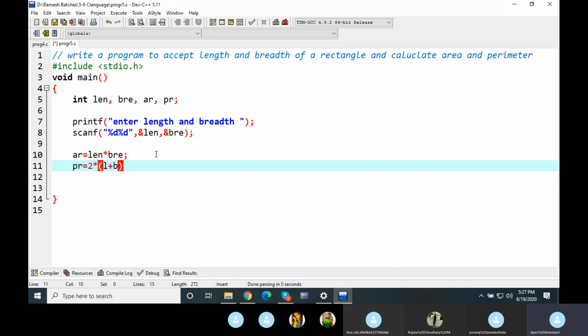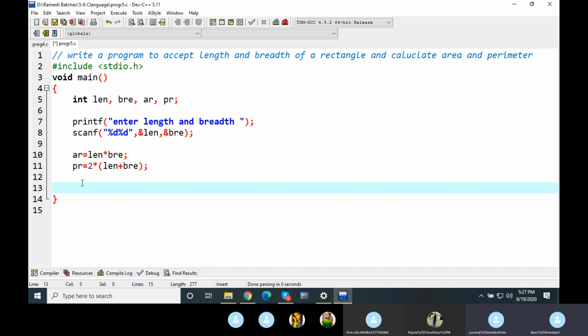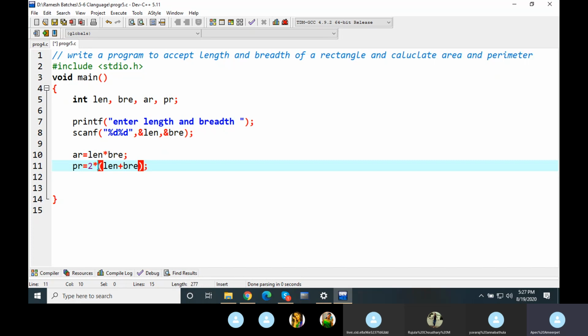And it is not L and B, it is len and bre, length and breadth. Following you, Raj? So perimeter is equal to 2 into L plus B. Now, when you are writing the multiplication sign anyway, do you think you need to give brackets or can you avoid it?